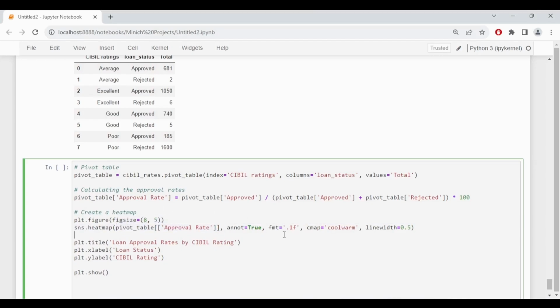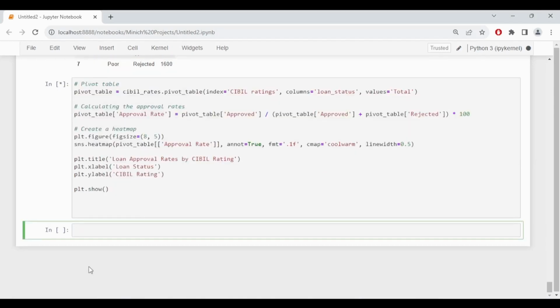Then we are annotating, using 1 decimal place for the values in our heat map. This is the color map and this is the line width. So these are the labels of our plot, and when we display our plot,